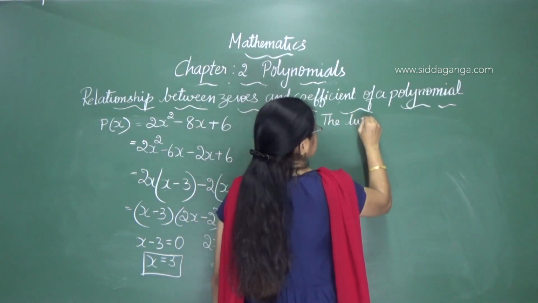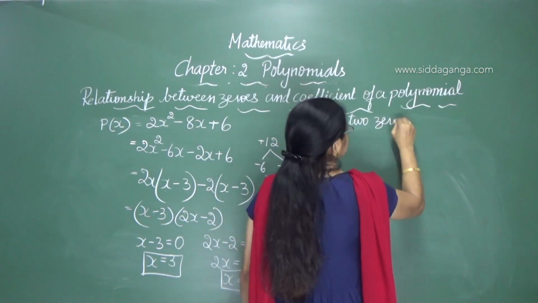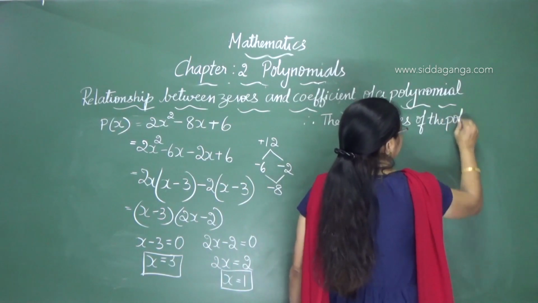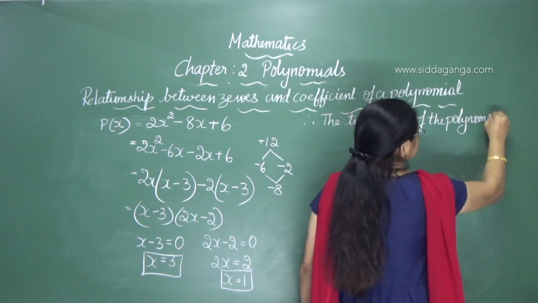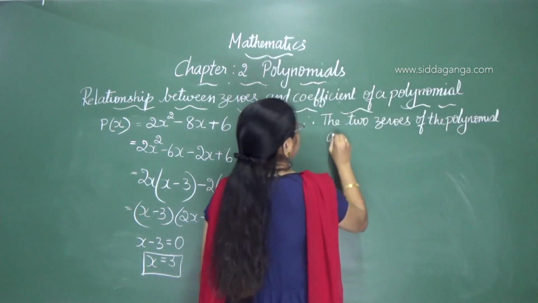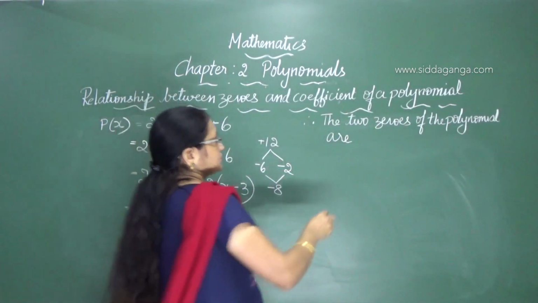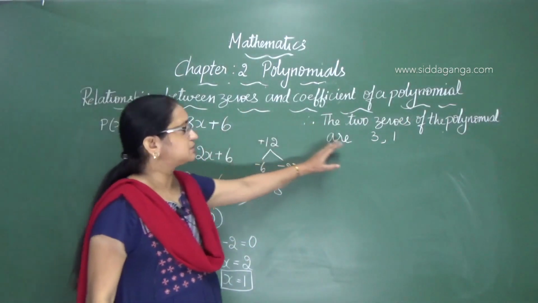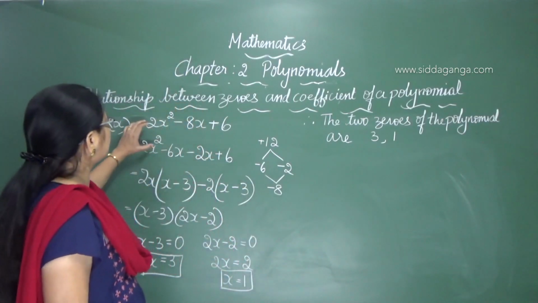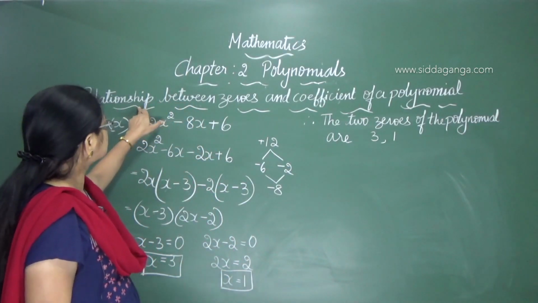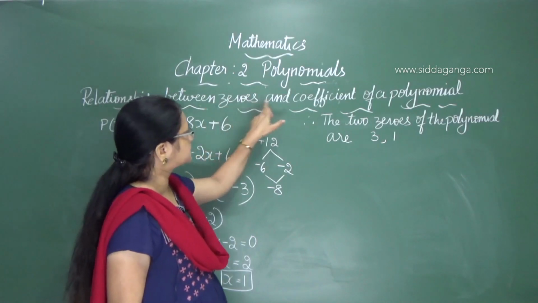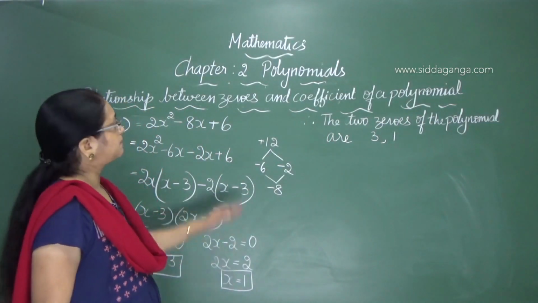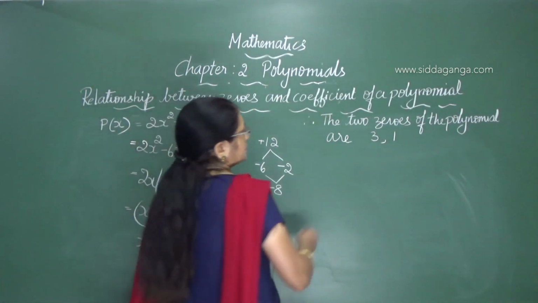the two zeros of the polynomial are, one is 3 and the other one is 1: 3, 1. Now this is one part of the problem. Now you have to compare this; our basic concept is the relationship between the zeros and the coefficients of the polynomial. To compare it with the coefficients of a polynomial,